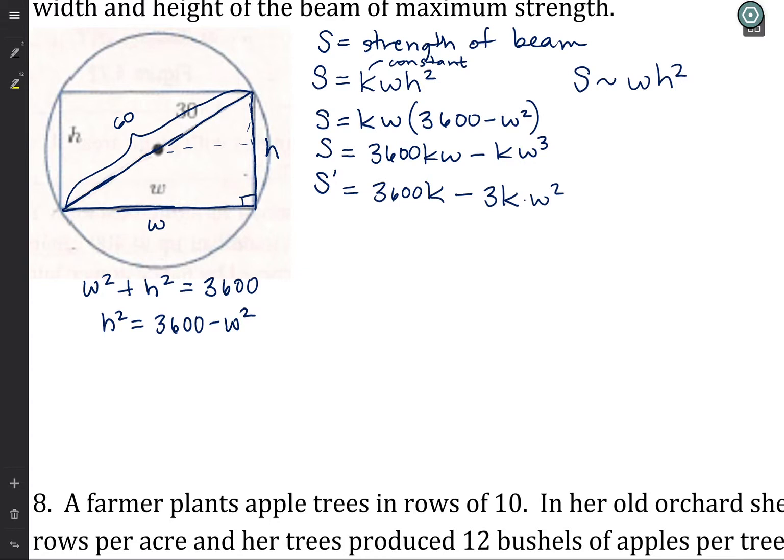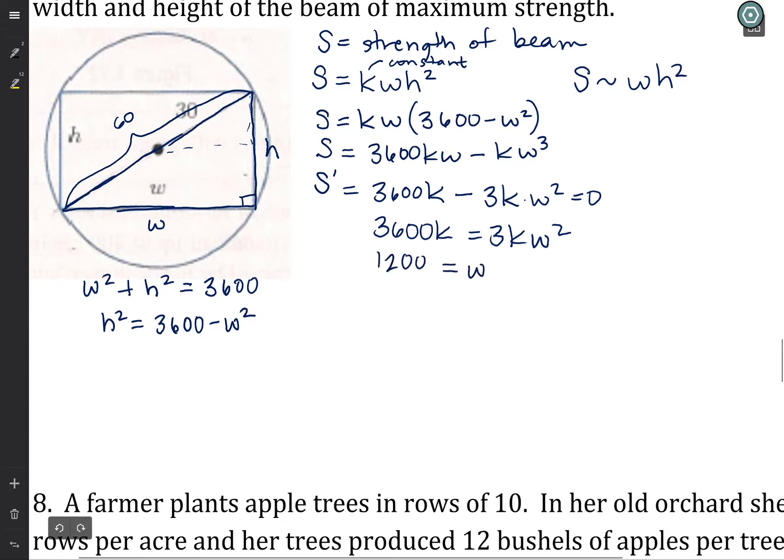This derivative is never undefined, but let's set it equal to 0. Add 3kW squared to both sides, so 3,600k equals 3kW squared. Then divide both sides by 3k. 3,600 divided by 3 is 1,200, so 1,200 equals W squared. So W is equal to the square root of 1,200. It would be plus or minus, but we don't want a negative